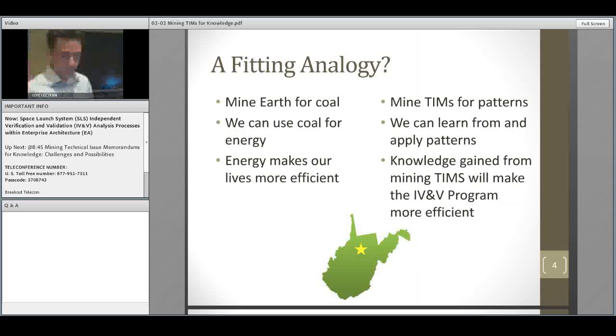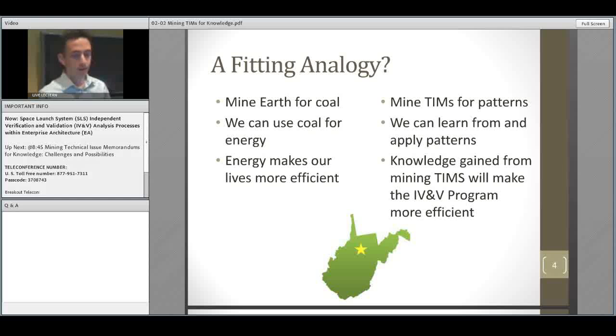So, before I go any further, as I proposed this topic, I realized there might be a possible connection here in terms of the setting at our workshop, at least for those here local, where we are right now. As you guys probably well know, the main industry of West Virginia is mining. What we mine for is coal. So I thought I'd try to provide an analogy for mining technical issue memorandums to mining coal. So we mine the earth for coal,